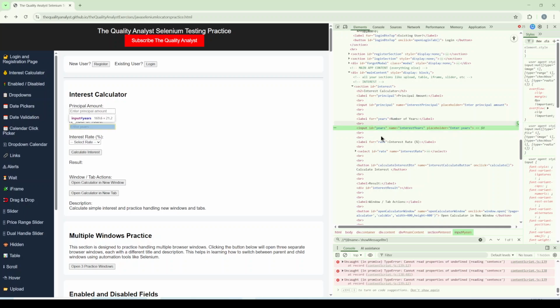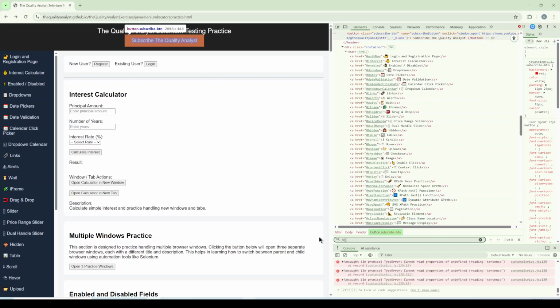So again, ignore id. I just want to write XPath with a name attribute. Then it's having the input tag, and then name as the attribute, and interest years as the attribute value for name. Okay, so again I will just copy this, and then again first thing, just double slash,